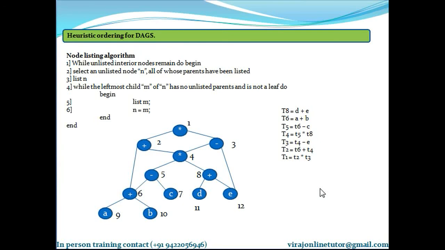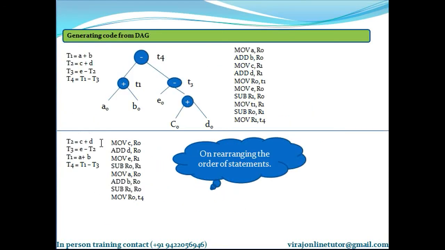So now let's see how it comes to know how to reorder this. Here I have shown an example wherein suppose I have this 3 address code, I am getting this DAG. This is the machine level program. But if I reorder these statements, I'm getting a smaller one. But how do I know how to reorder this? What is the best reordering?